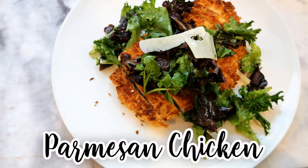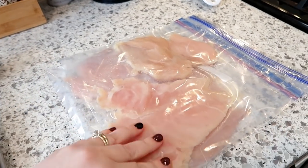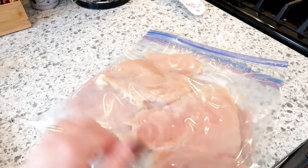Okay, this next recipe is a recipe for Parmesan chicken. I have to say this one was probably my favorite out of the bunch, and I will definitely be making it again. The recipe starts with pounding out some boneless, skinless chicken breasts, so I just like to do that